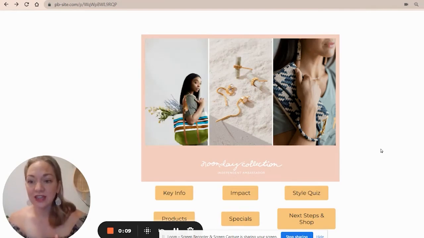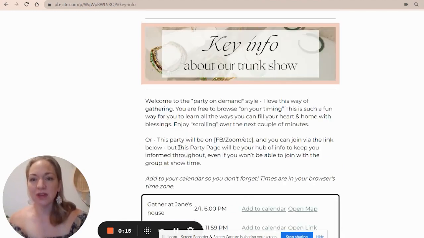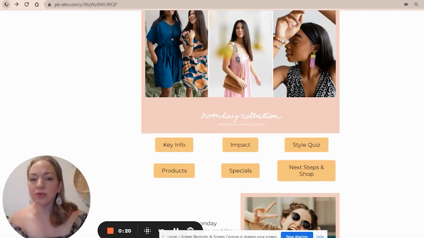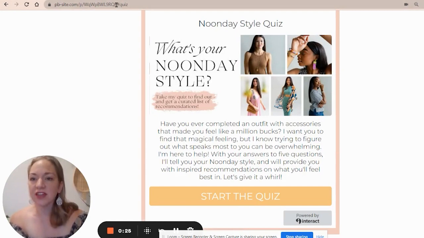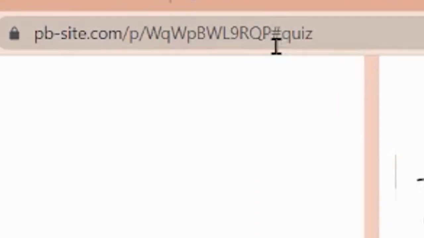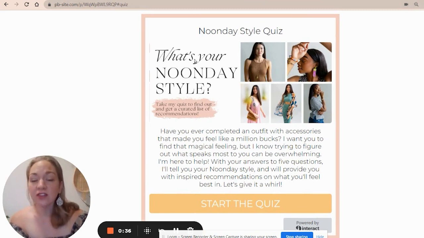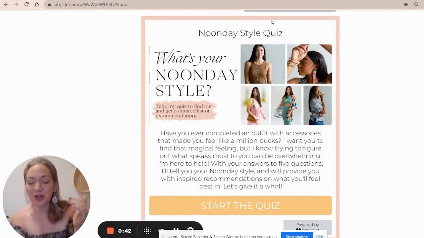So what you're looking at here is a Project Broadcast landing page, or PBLP. And as you can see, I have these buttons here that skip down to other areas of the page. For example, if I click on Style Quiz, then you can see up here at the top in the navigation, it has added this little hashtag quiz at the end of the link, and that is a specific page area. So I have to have a little bit of code on my page that will identify this area as being special, as being where the browser needs to take the viewer when they go to hashtag quiz, or #quiz.